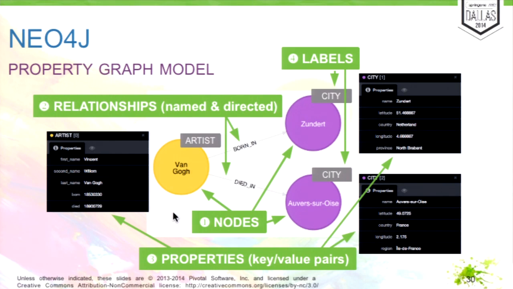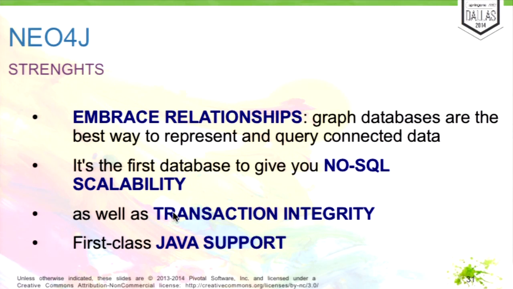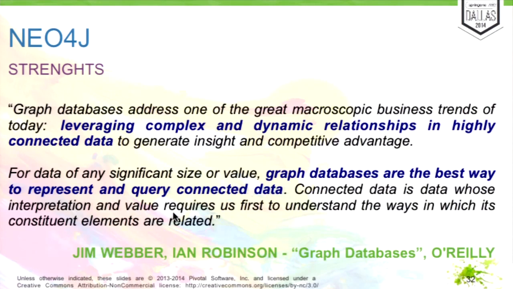So this is an artist instance, and this is a city instance. So in a graph database, you often work with examples. But in general, of course, you have hundreds of thousands of artists and millions of cities in your database and millions of artworks, right? So it's just a really tiny part of that. As I already mentioned, Neo4j makes relationships a first-level citizen in the database. And so that's the way it achieves the scalability. So you really can have these high-performance queries on a database.